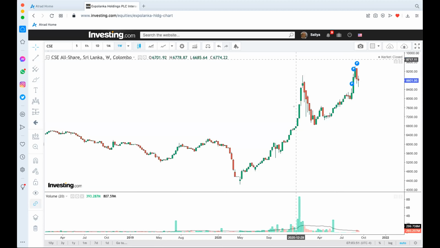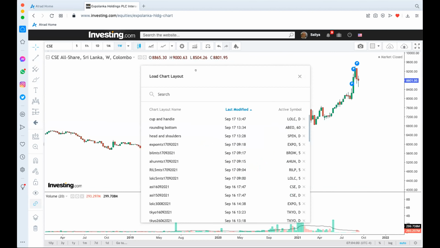We're going to talk about head and shoulders, the regular head and shoulders, and also we will be looking at the inverted head and shoulder pattern. Then we will be talking about rounding bottoms and also cup and handle, and how we are going to make use of them when we draw those